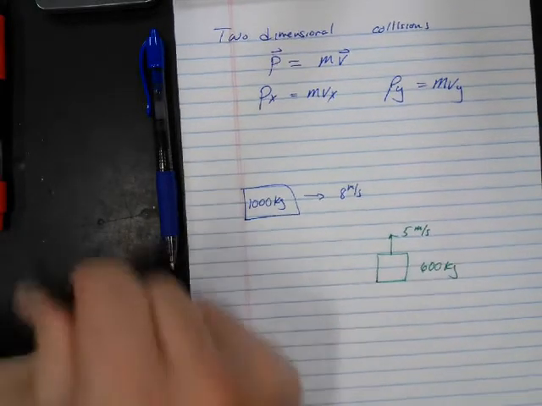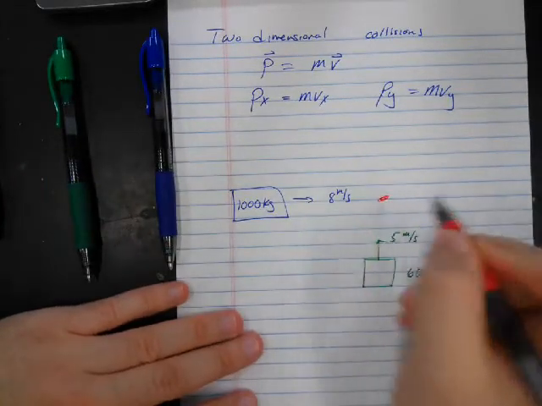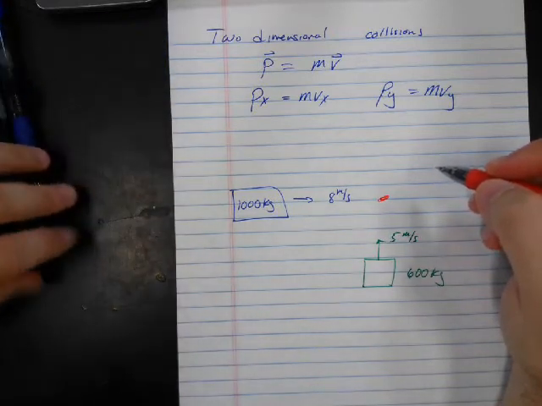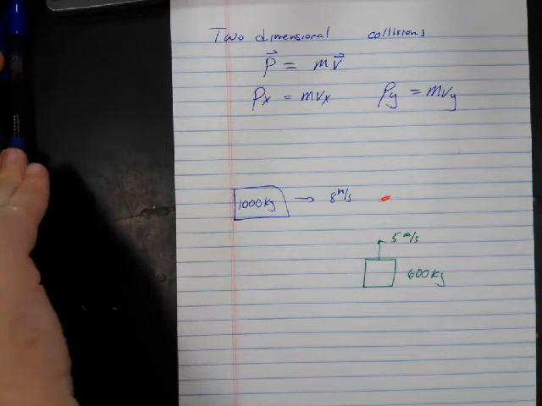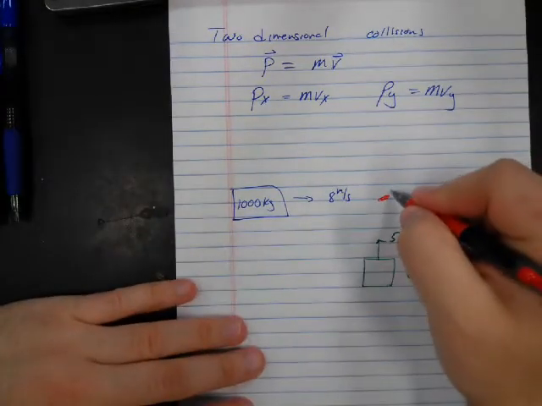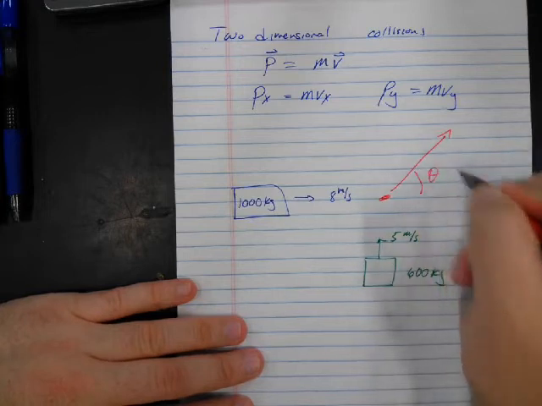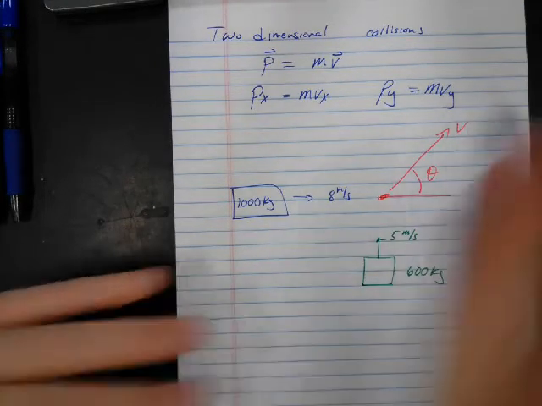Right? And so they're going to collide. And we're going to say that at the collision, they're going to stick together. Their bumpers are going to lock and they're going to slide together. And so the wreckage is going to slide off like that. There's some angle theta that we'd like to know, and we'd like to know the velocity at the moment of